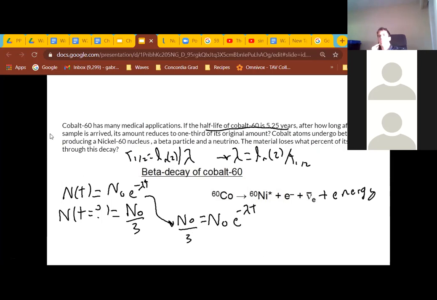So you don't even need to know how much of a sample you have left, because there's an N0 term on both sides. But you do have 1/3 is equal to e to the negative lambda T. Okay, so now you have to solve for T basically. So you're going to want to take the natural logarithm of both sides to get rid of that exponential. So you have ln of 1/3 is equal to, the ln cancels out, so you have